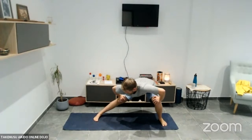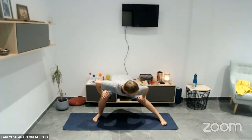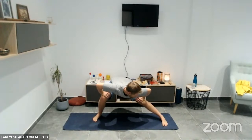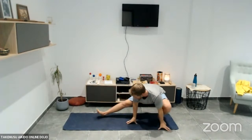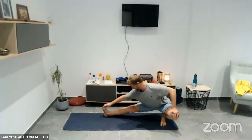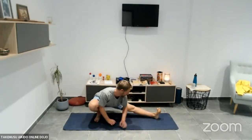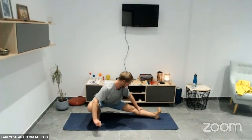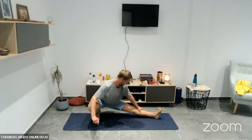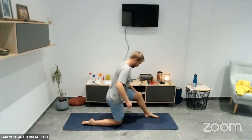And just taking it over to one side, a little bit of a bounce. Very simple. And shift. And bringing the toes up. And shifting over. Good. And if we're just shifting the knee down to the ground, just for the hip, just rocking up, rocking